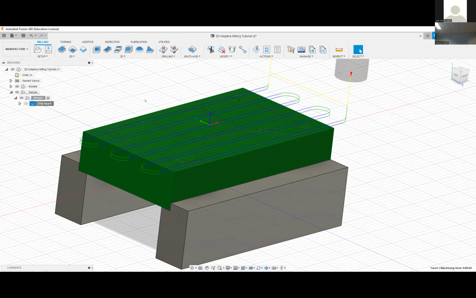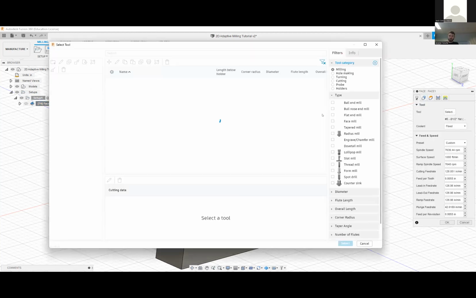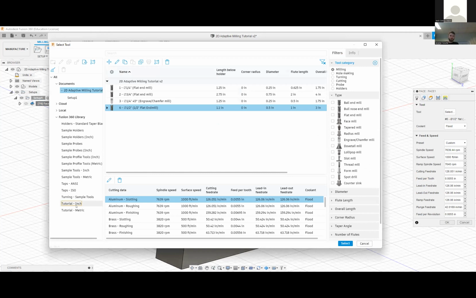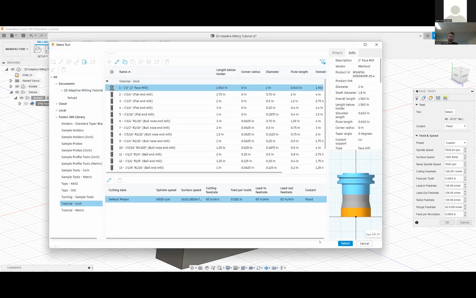So I discovered there's another tool that we can use, and that's a face mill. I didn't know where it was. And so to demonstrate, you can leave it with any tool you want here. You can leave it with the end mill. I can just go ahead and change to a tutorial inch. And there's a 2-inch face mill under tutorial inch. If I select it,